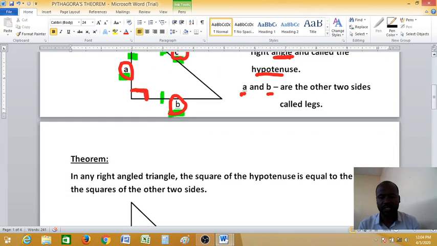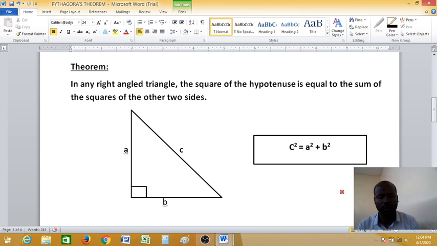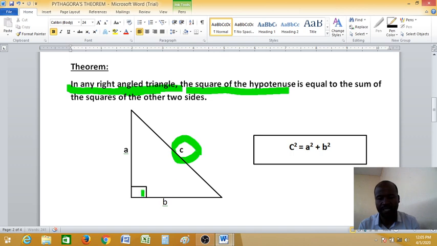Okay, now let us see the theorem. We have defined the three terminologies that we are going to use in the Pythagoras theorem. Now let's state the theorem. The theorem states that in any right-angled triangle, the square of the hypotenuse, which is C, opposite to the right angle here, so the square of the hypotenuse means c square, as you can see here in this box, is equal to